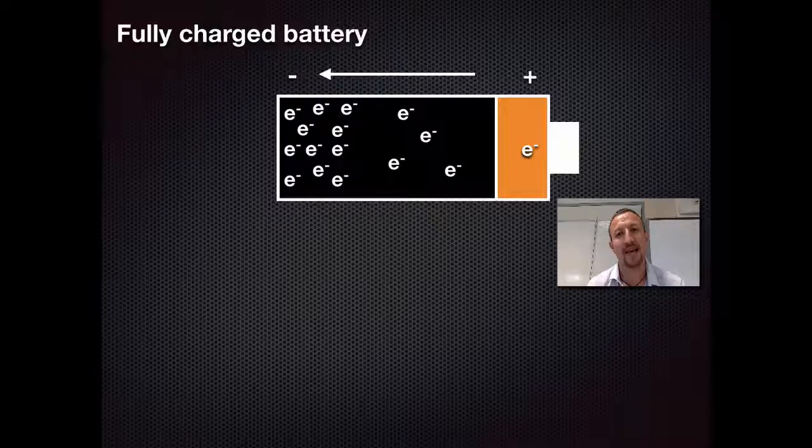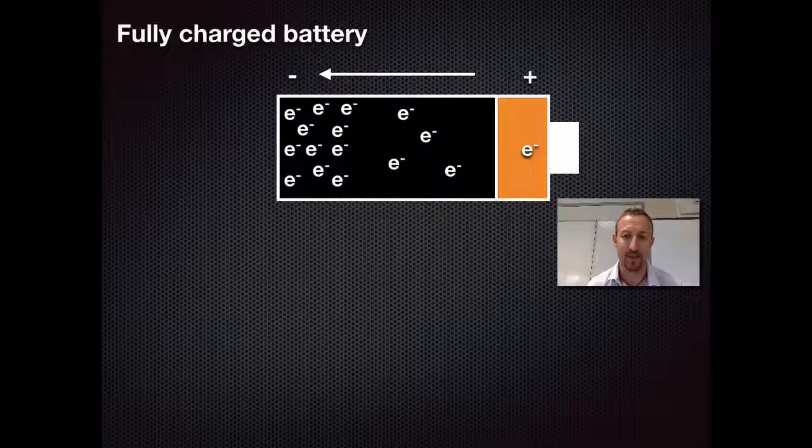Note that in this case there is no such thing as positivity. All positivity means is a deficiency in electrons. So to recap, we've got a huge number of electrons pushed down to one end due to the chemical reaction, and very few at the opposite end, causing a partially positive end. So as a result, what happens is we are going to get a huge amount of repulsion which is going to occur at the negative terminal. And that's very, very important when we're looking at the flow of current, which we will look at later in